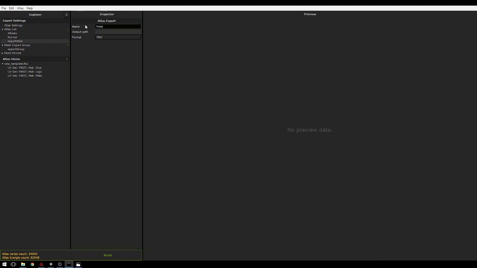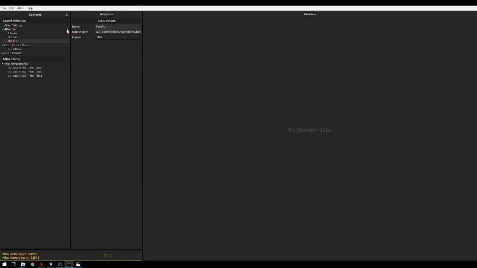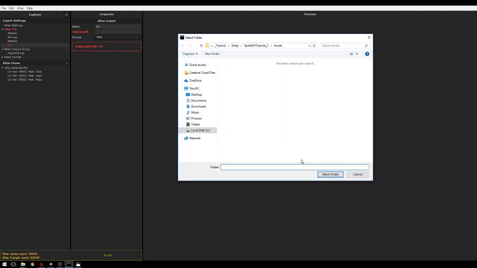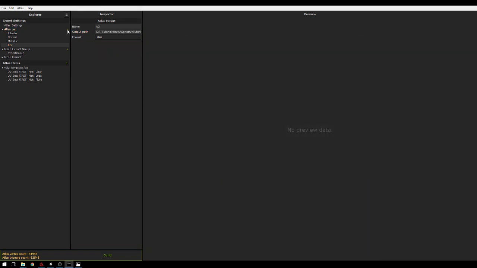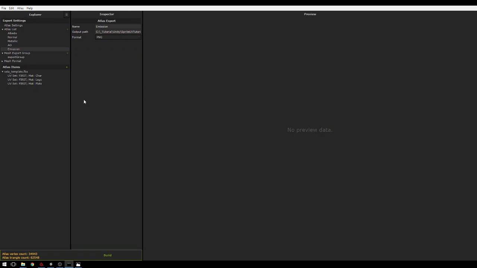Let's do the metallic. And I'll add 2 more after this. And ambient occlusion. And then the emission. Okay. And then the next thing that we want to do is add those maps for each of the different